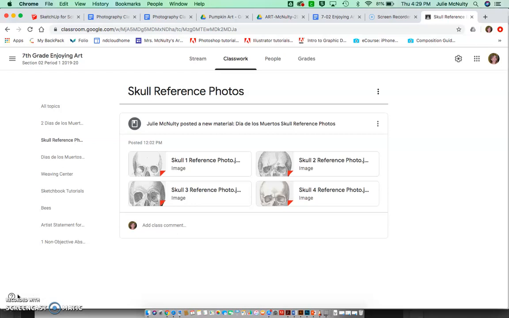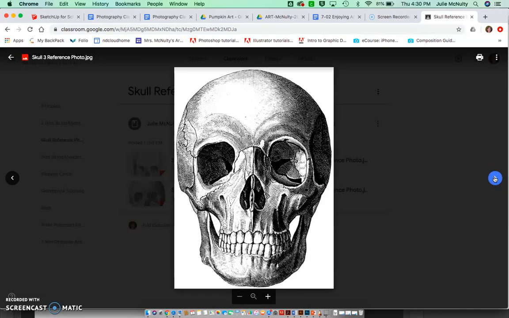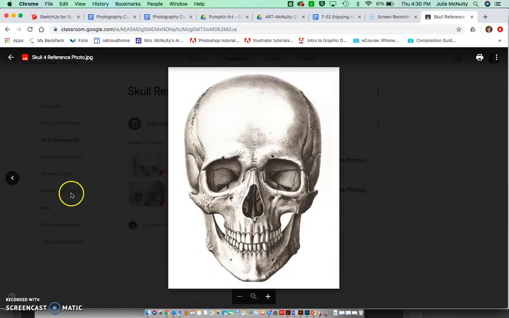So let's take a look at the project workflow. The first thing we're going to do is select and save your skull reference photo. So we're going to go to our Google Classroom and choose one of the skull reference photos from the ones provided. So you can take a look at those. Here they are. It's 1, 2, 3, 4. I'm not sure where number 2 went, but I think I am going to choose to use